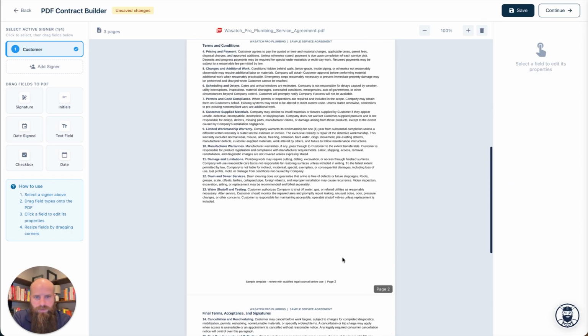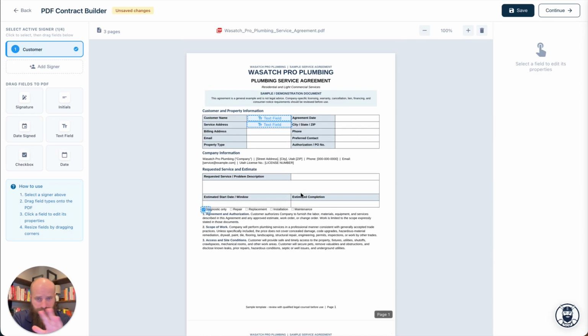So I'm just going to keep that super simple. I know I totally skipped and did not do this contract justice. ChatGPT just created it. Let's keep it simple for this tutorial. And on here, I can go ahead and save it, come back later and fix it, finish it, or I